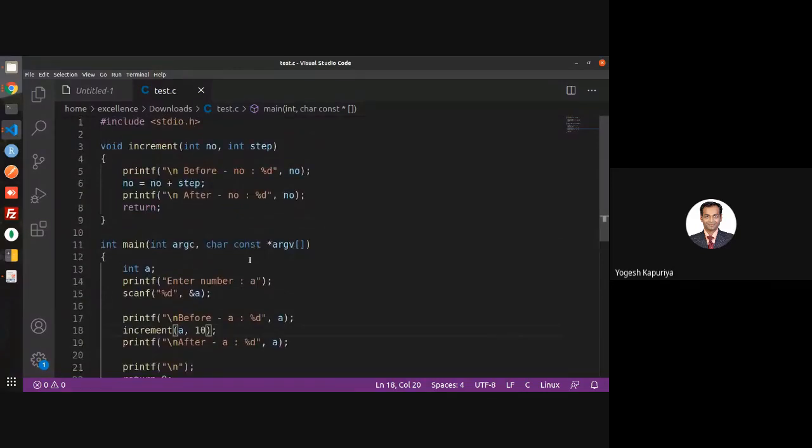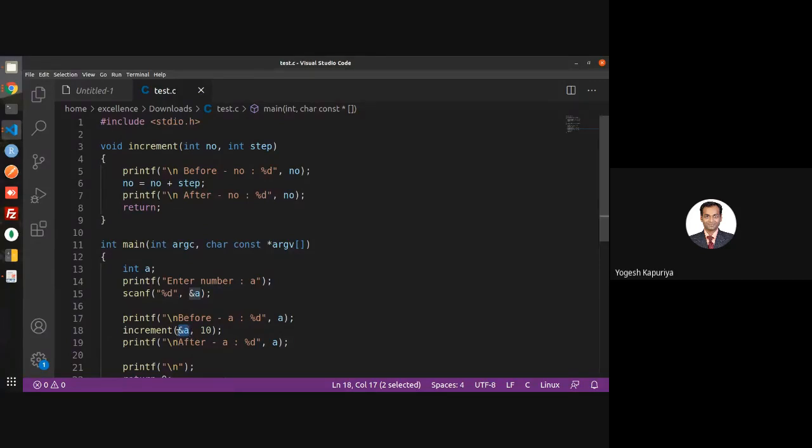So if I want to achieve that, then I should use call by reference. So this is actually a call by value. You are passing the value of the variable to the function. So here you are passing the value of a to the function. Second example is you can do it by call by reference. So instead of passing the value, I am passing the reference. Reference means address. So ampersand a means I am passing the address of a.